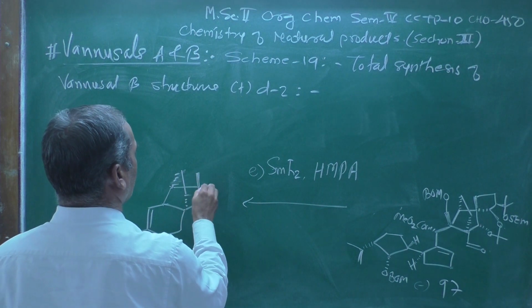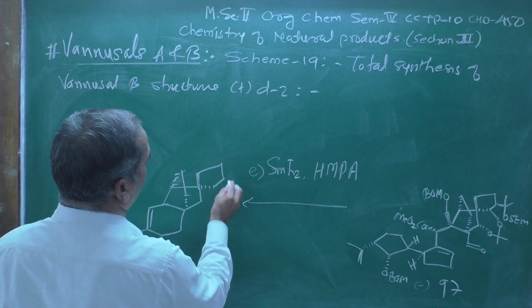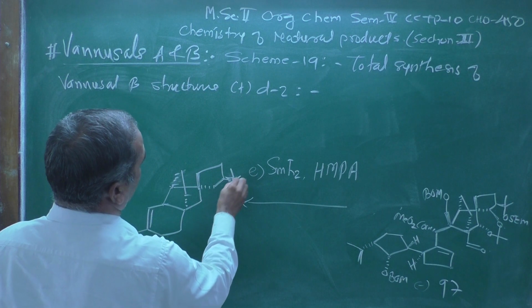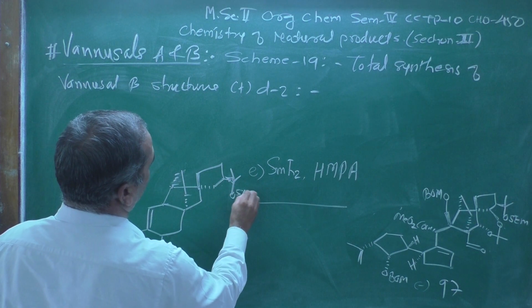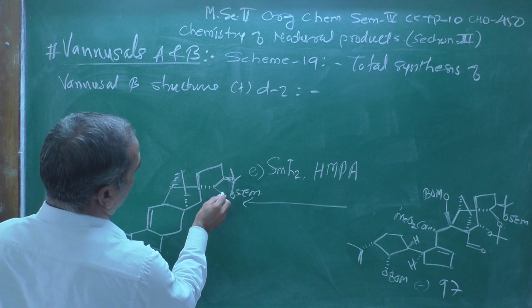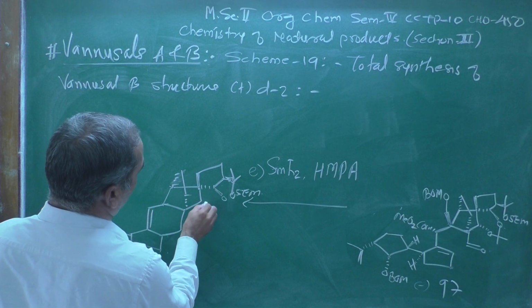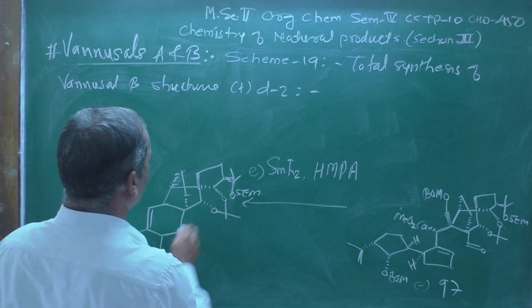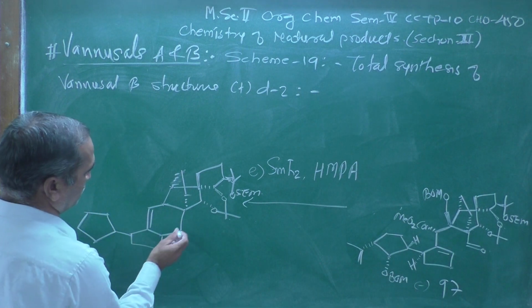This is a 5-membered ring which is connected over here. This is an isopropylene group, protected with the same, and here the group which is protected with this, and now the